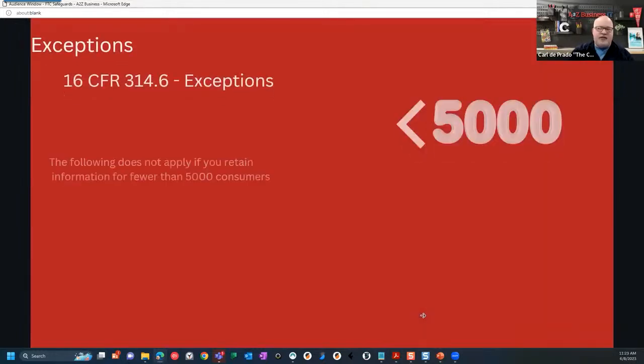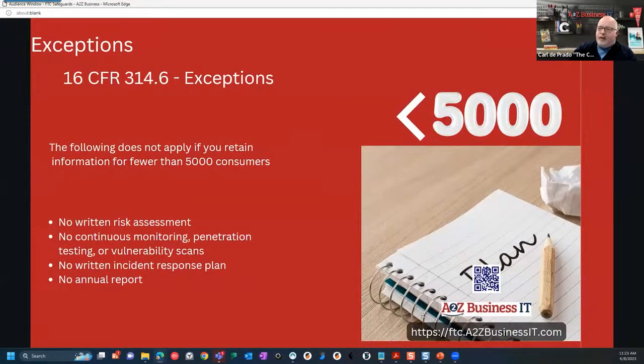So let's talk about the exemptions. In 16 CFR 314.6, there are exceptions for fewer than 5,000 records. It doesn't mean that you're completely exempt, but there are a few points that you don't have to do. Some of them you may want to do, and I'd strongly advise it, and I'll go through that. So you're not going to need to have any written assessment. You're not required to have continuous monitoring or penetration or vulnerability scans. You don't have to have a written incident plan, and you don't have to do an annual report. But